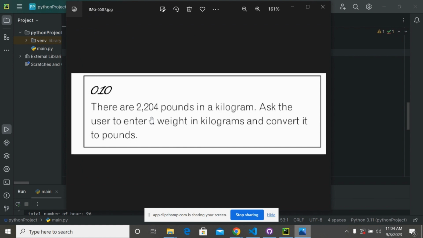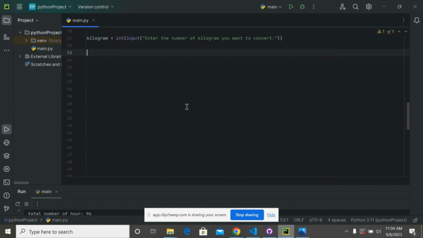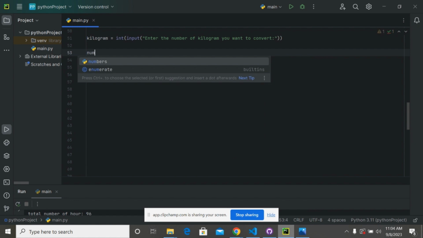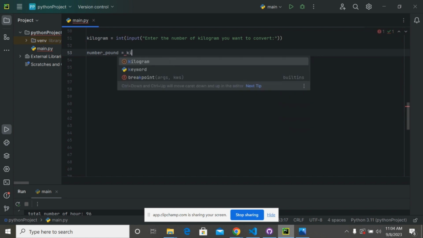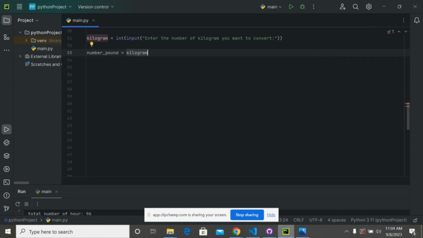2,204 pounds. In 1 kilogram we have 2,204 pounds. So that means what we are going to do here is we are going to have numbers of pounds. Numbers of pounds will actually be equal to kilogram. That is 1 kilogram, the value of kilogram the user actually entered, multiplied by